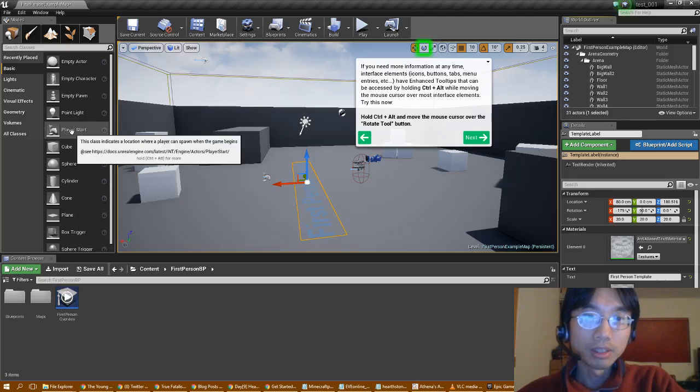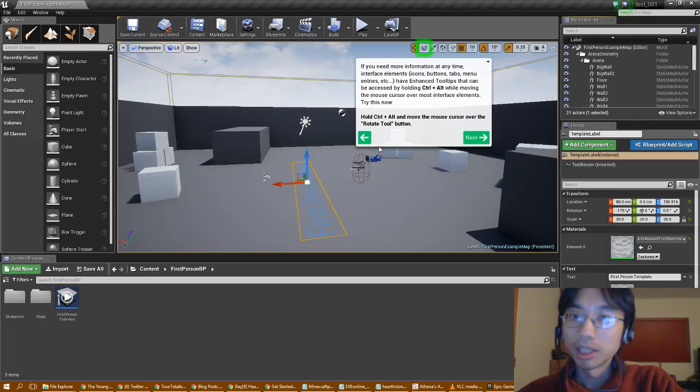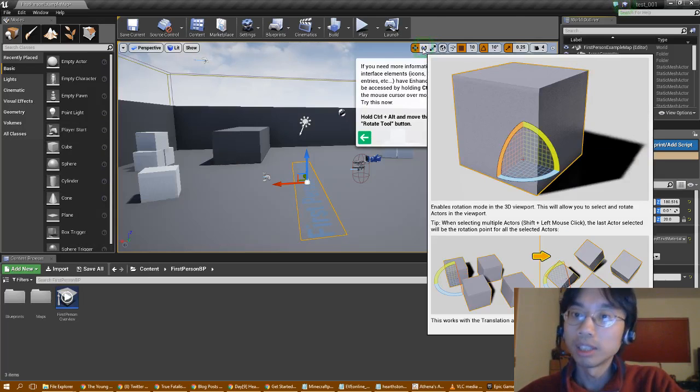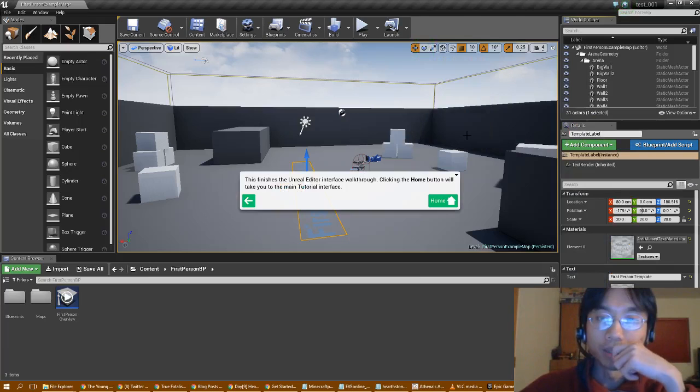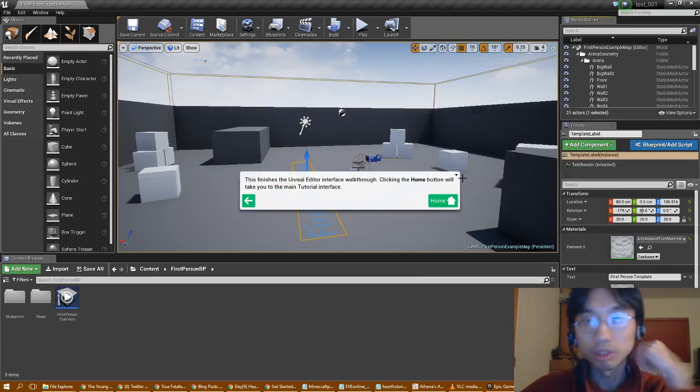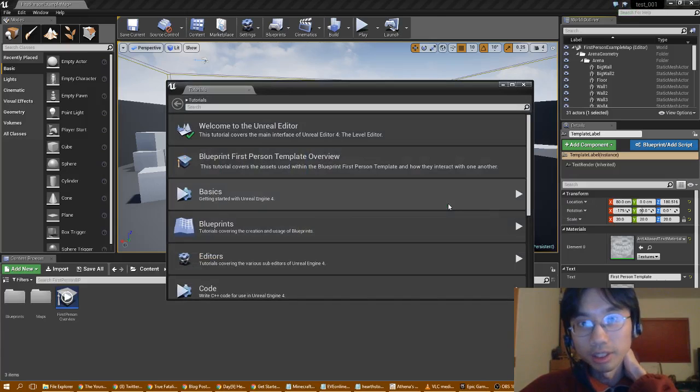Again, this sort of stuff is complicated if you've never done anything like it before. This finishes the Unreal Editor interface walkthrough. Clicking the home button will take you to the main tutorial interface. Oh man, it's got a tutorial interface by itself in here. Alright, welcome